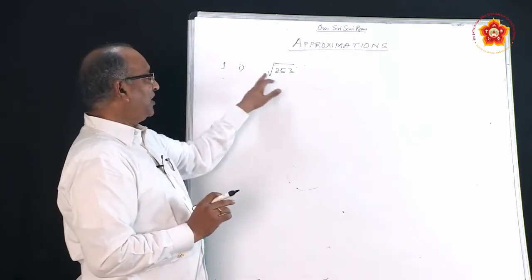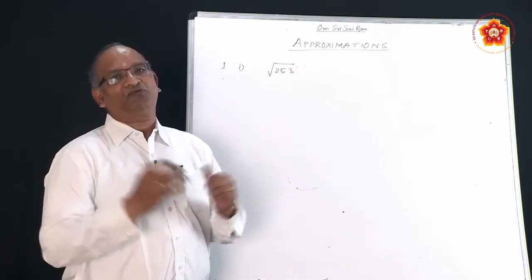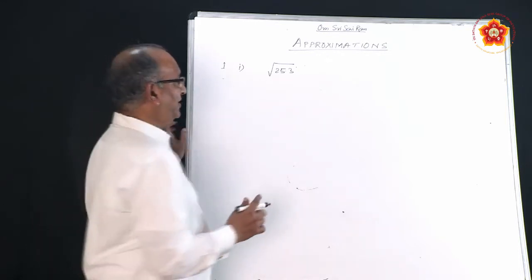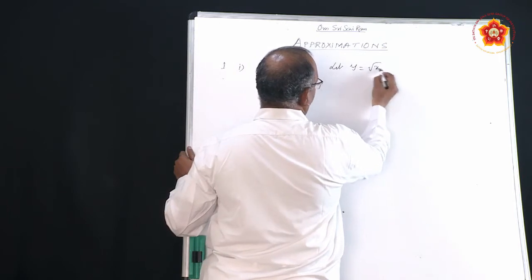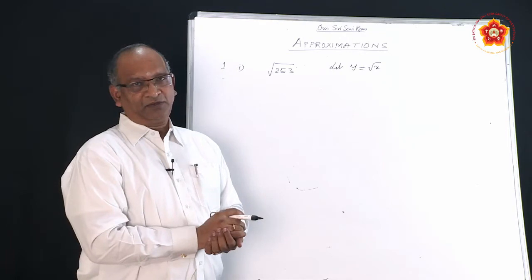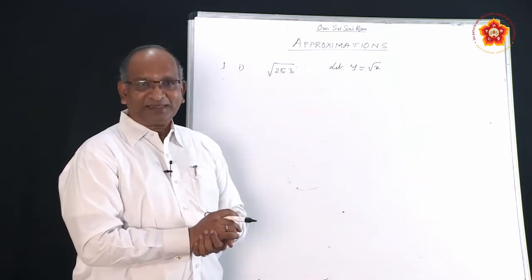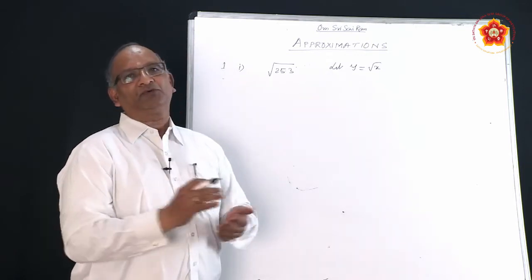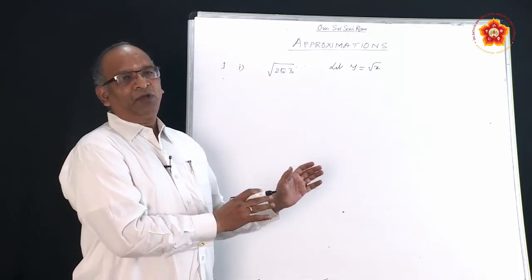We know that we want to find out a square root. So the given function is a square root function. So write the function on your own since we want to find out. So we will say let y is equal to root x. Why root x? Because there is a square root we want to find out. If we are to find out a cube root, we will say y is equal to cube root of x. If we are to find out a 10th root, we will say y is equal to 10th root of x. So depending upon the problem, we will write the function.